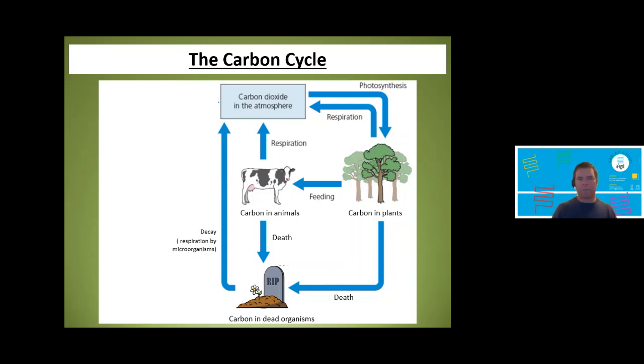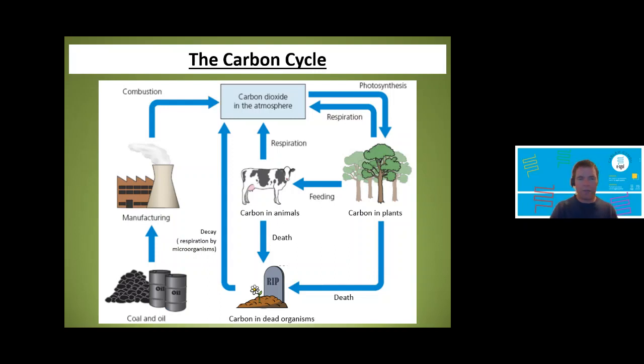It's worth mentioning that the carbon cycle and the nitrogen cycle are topics which appear in triple science only. So if you're only doing double science, decay, the carbon cycle and the nitrogen cycle are not topics that you need to know. But you see why decay is covered just before the carbon cycle, because we need to make reference to it now. And then those dead organisms, if they're unable to undergo decay, they'll form fossil fuels, coal and oil, and then those will be burnt or could be burnt, as we're doing a huge amount in our world, and that combustion results in carbon dioxide being released into the atmosphere.